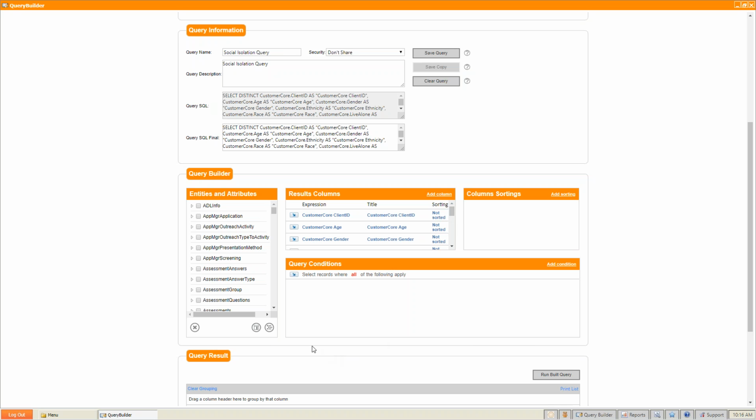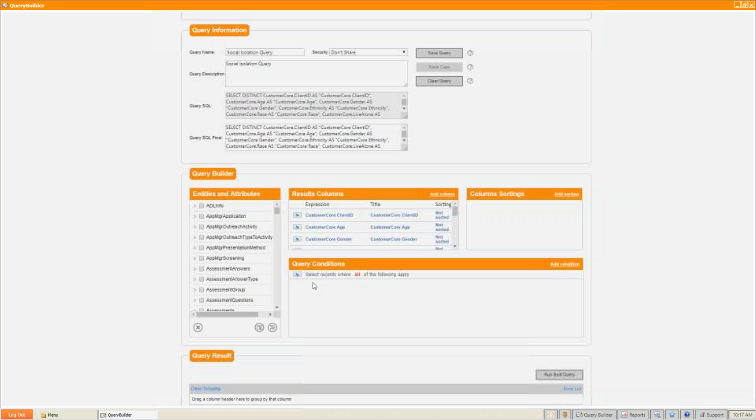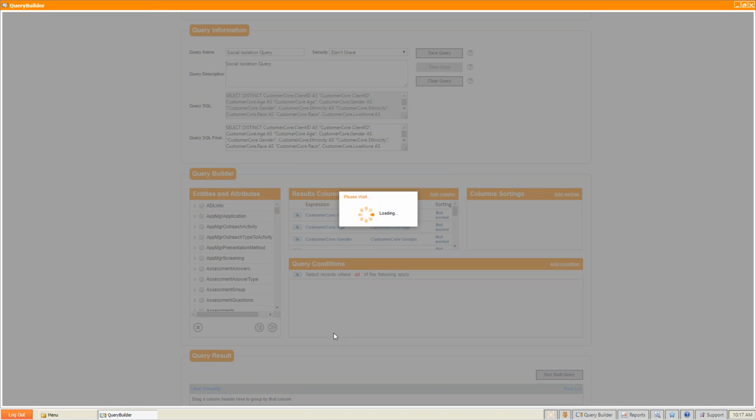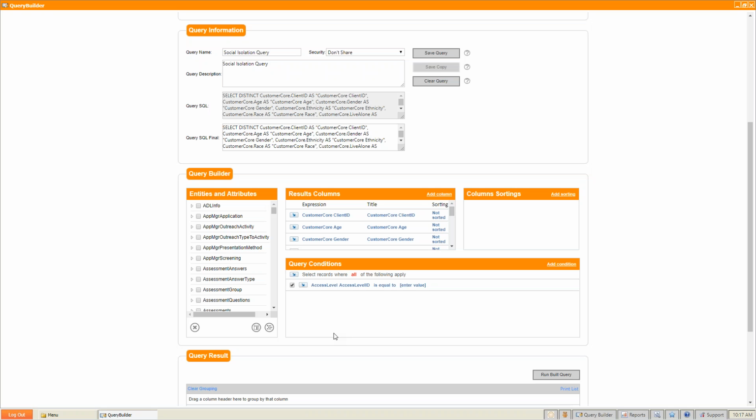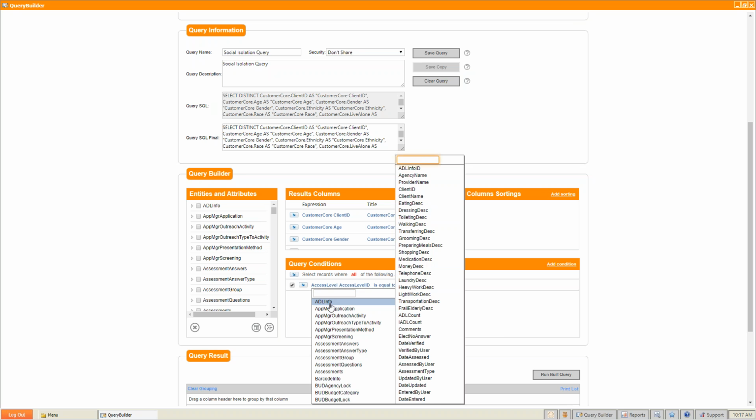Okay, so the next part of this is we want to add some conditions. So in order to do that, under Query Conditions, we're going to click on this arrow. You see how it opens up. We're going to add a new condition. This first group here, now that the condition is here, it just defaults to the first available here. So what we're going to look at is